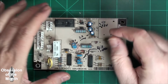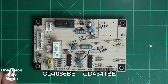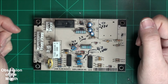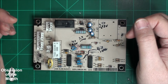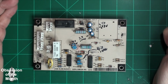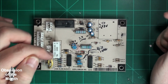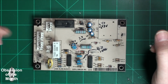I looked up these two printed circuits. It's very difficult to read them. I'll put the part numbers underneath each one on the screen. I have parts on order because a lot of these components are oddball voltages that I don't have. Some of them are 63 volts, some are 100 volts. I have higher voltages than those, but the caps are enormous and or I don't want to use them. So I've got caps on order. I've got these two printed circuits, or ICs, on order,